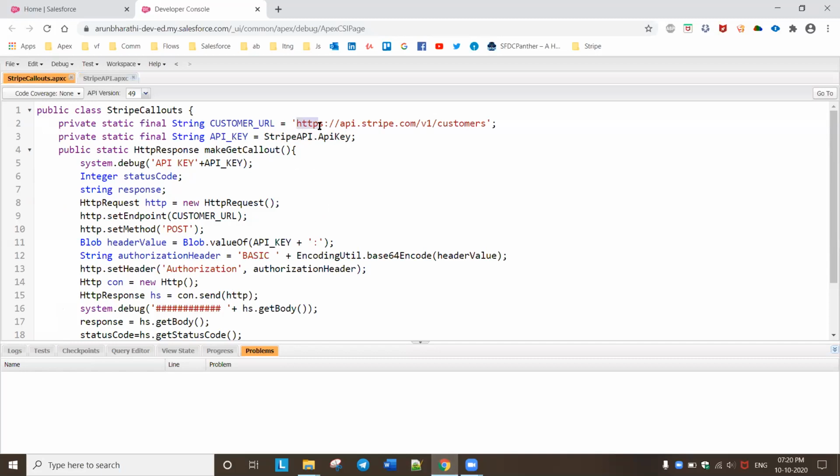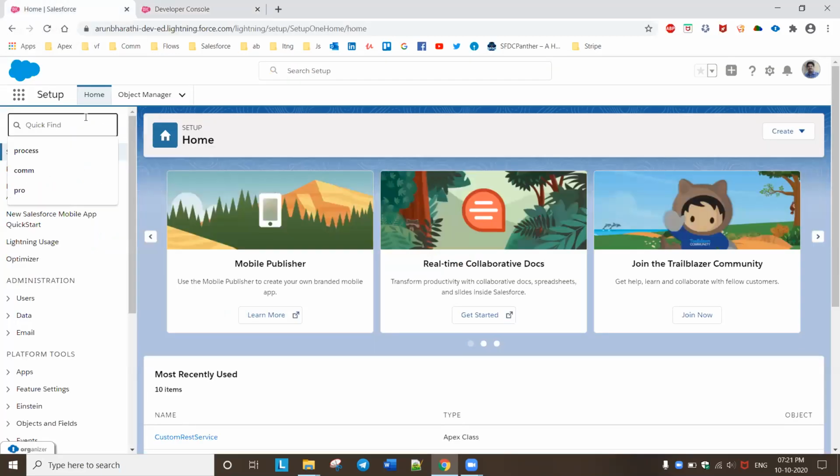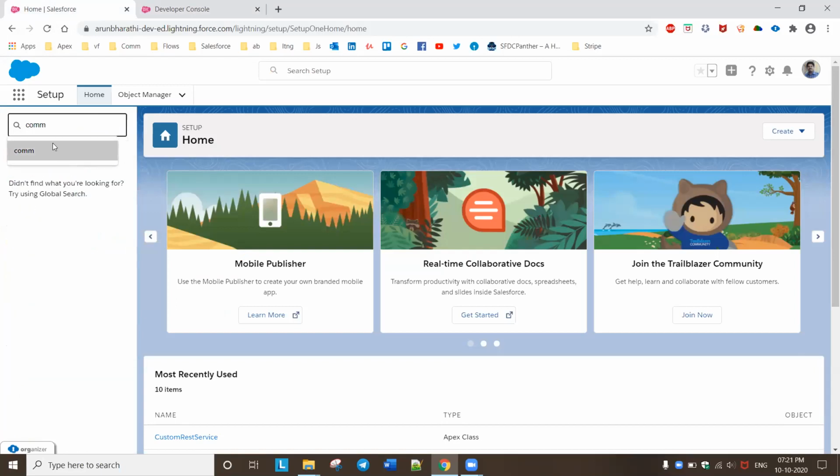Here I am mentioning the customer endpoint URL and that API key. I am saving the data in the custom settings.